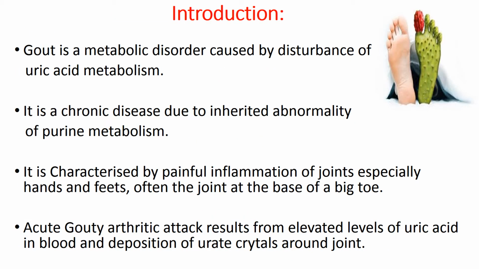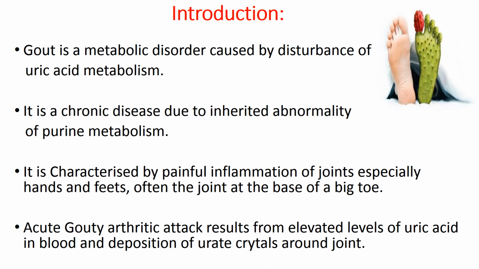Now about the introduction of this disease. Gout is a metabolic disorder caused by the disturbance of uric acid metabolism in our body. It's a chronic disease due to inherited abnormality of purine metabolism. It's characterized by painful inflammation of joints, especially hands and feet, often the joint at the base of the big